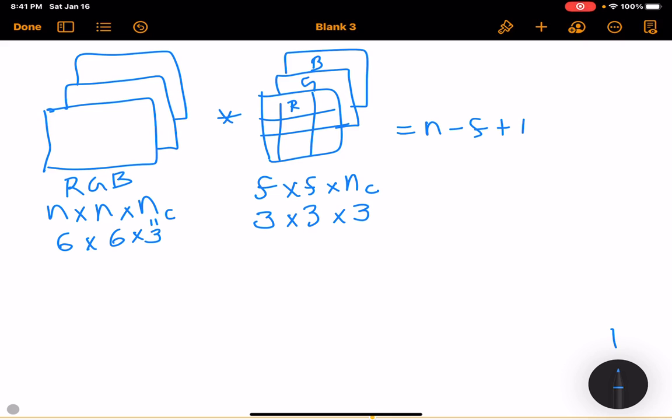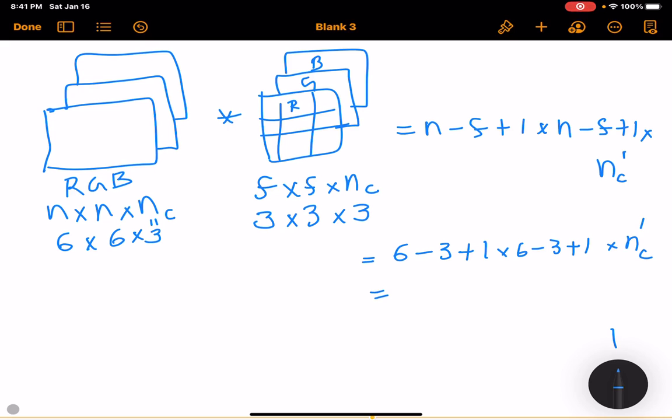So it is n minus f plus 1 cross n minus f plus 1 cross NC bar. So that would be 6 minus 3 plus 1 cross 6 minus 3 plus 1 cross NC bar,